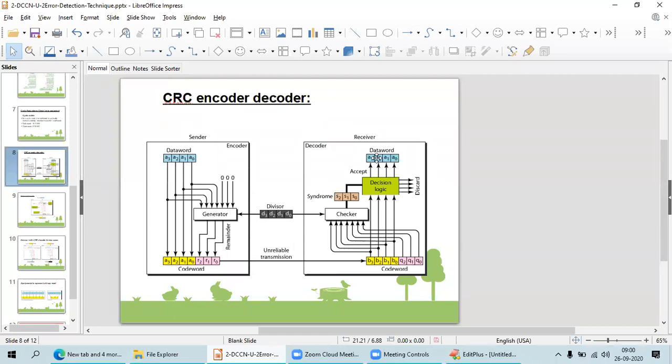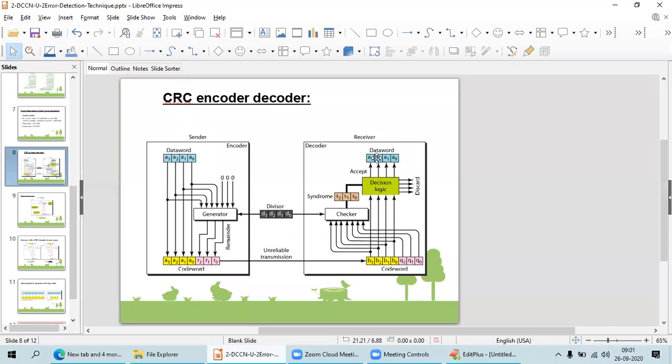Syndrome means your checker's result, the remainder. If you are generating in such a way that the syndrome should be all ones, then you have to make some modification in the sender and the receiver.